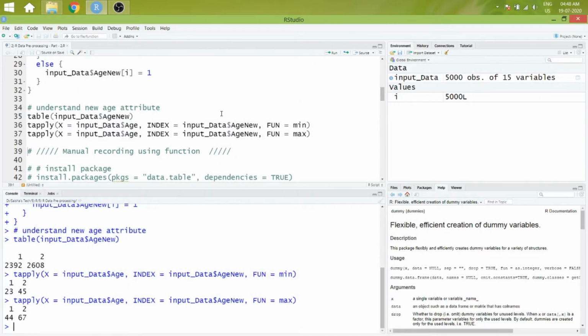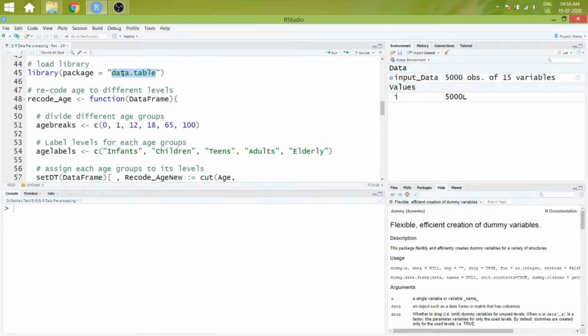In line 36 and 37, we are able to extract information of minimum and maximum values of group 1 and 2. That is, 23 and 44 are the minimum and maximum values of group 1. Similarly, 45 and 67 are the minimum and maximum values of group 2.